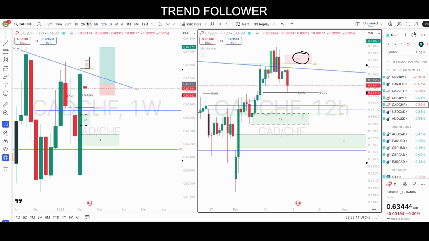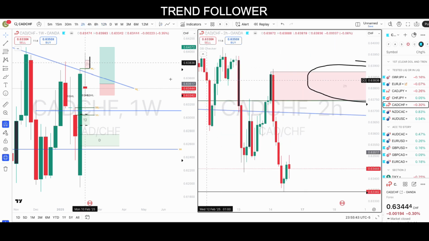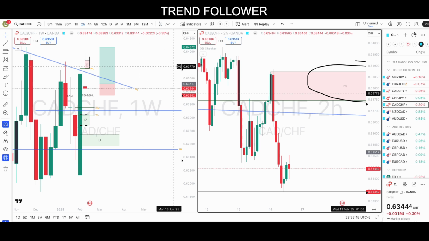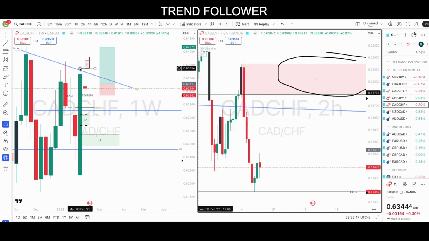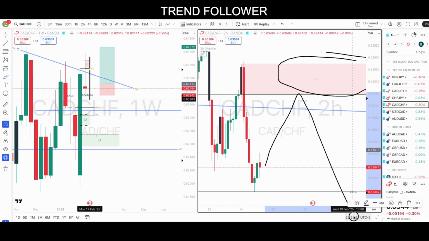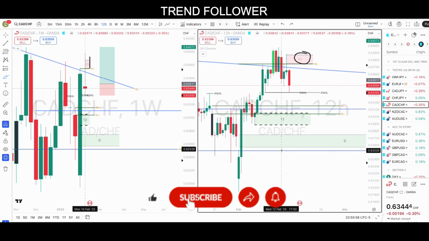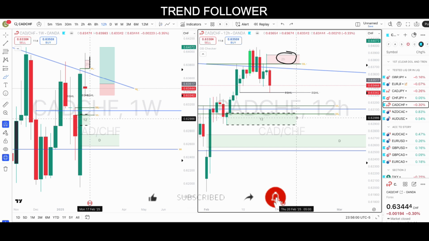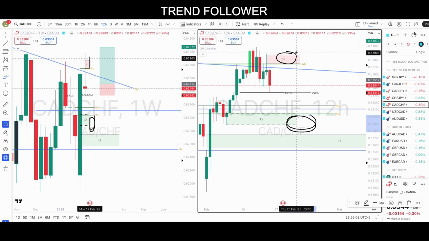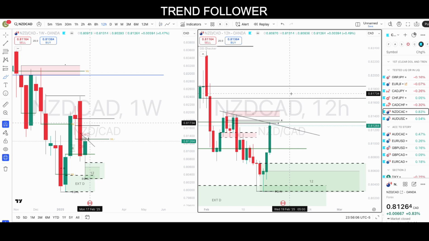Okay. Yeah, so if you look at this, 2 hour is a very nice one, right? It is previous week high, a great 2 hour zone. So I think if CAD CHF bounces, you see something like this, right? So that's my plan on CAD CHF. Either I want a buy in this region or a short in this region, right? That's CAD CHF. Now NZD CAD,